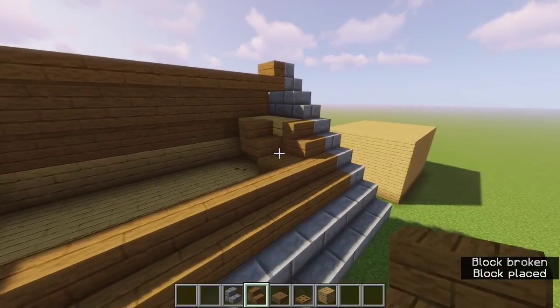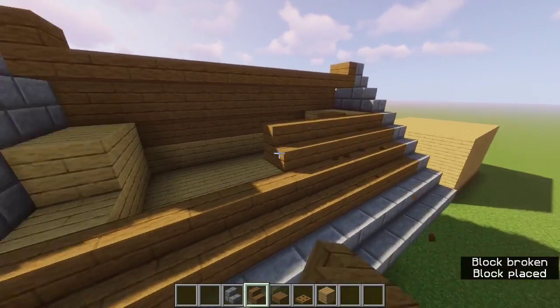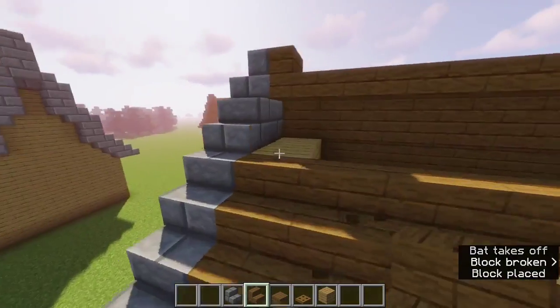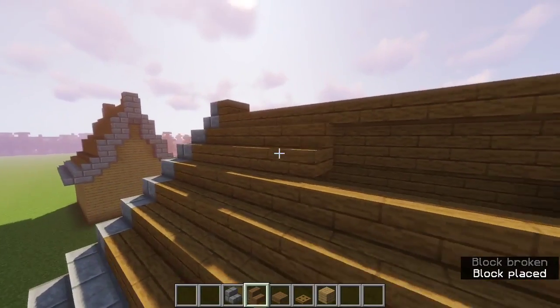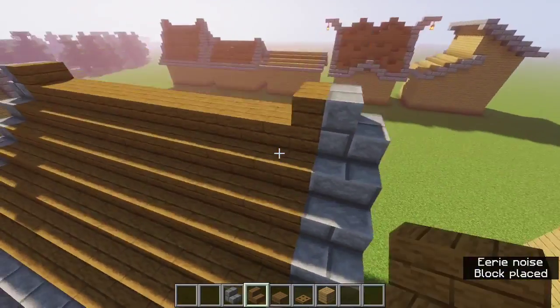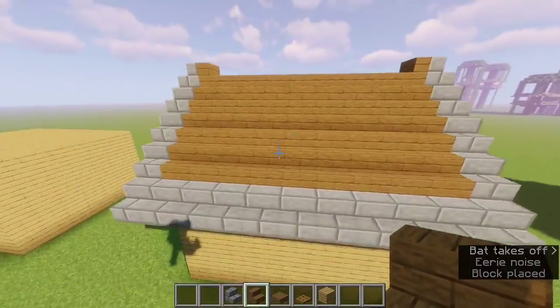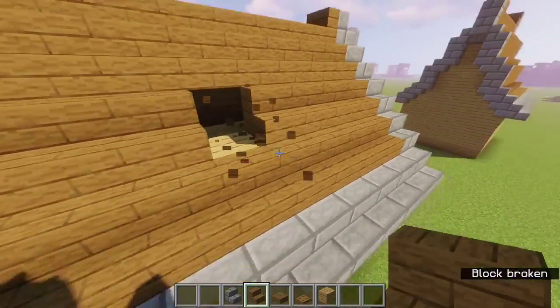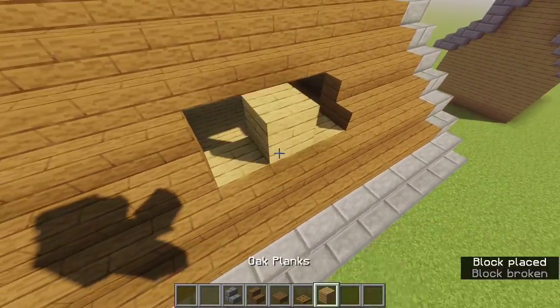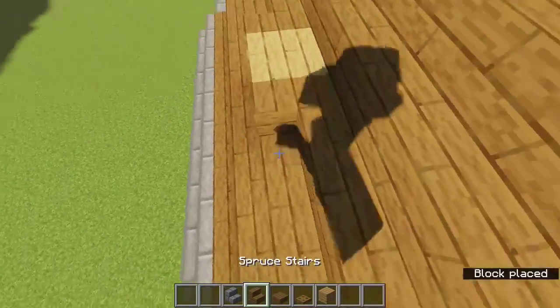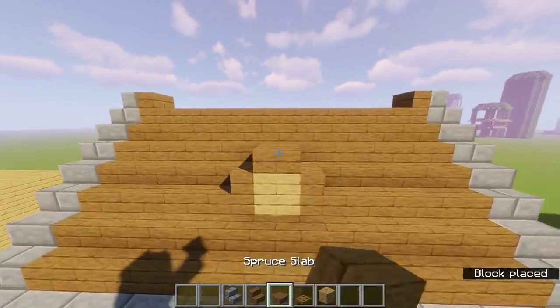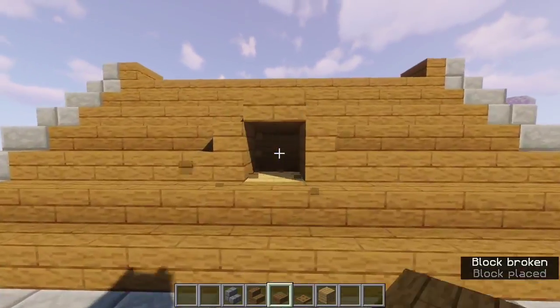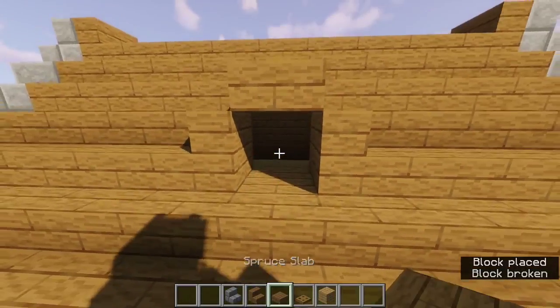So then these can kind of be tricky to place, but it's not that bad. And then once we fill in all of this, you can see how the roof looks. There it is. I think it's really cool, but there is one small thing we can add, so just mark out 3 stairs like that, place an oak block in the middle, 2 stairs just like that so they curve, a slab on top of it, break it, place that so it's spruce, and then place an oak trap door